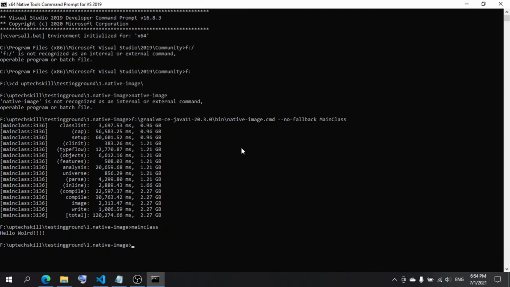To do the same if you have a jar file, you need to use the jar option. Maybe in later videos, I'll create a video which explains how to use that, because it has very interesting features, and native image is quite good to explore further also.